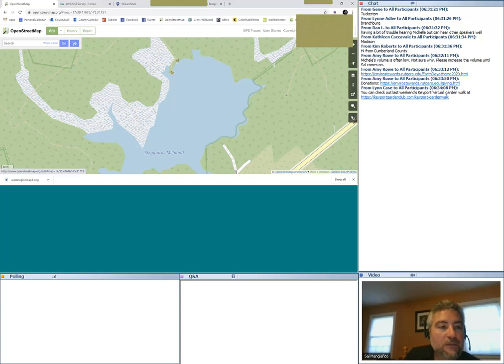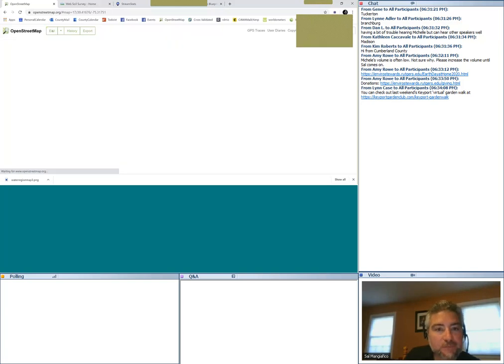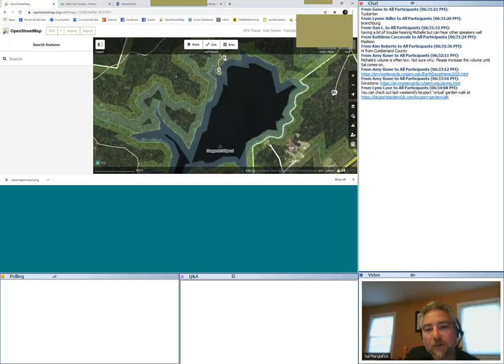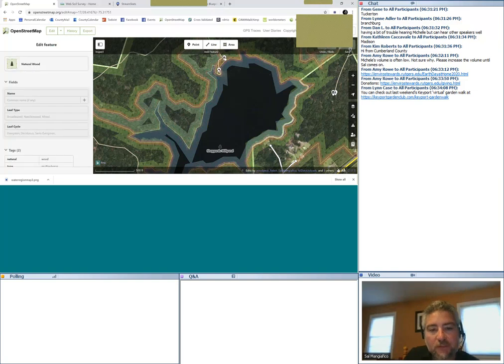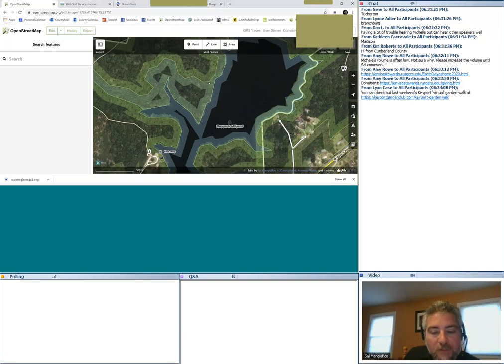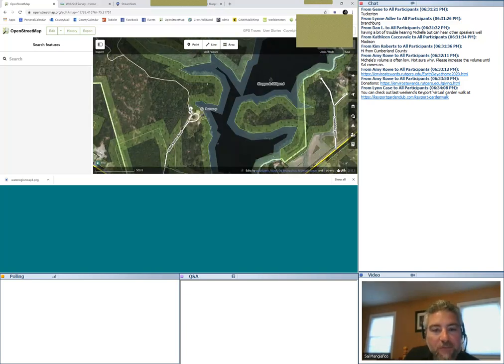So one way to edit this would be right on the website. See what it's going to do. Okay, and when you go there, it brings up some of the aerial imagery, so you can see things. And so this whole map is editable, right? Like if I wanted to